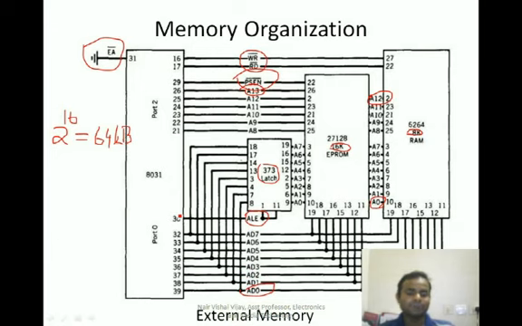Once you send the address lines to your memory, remember you need a 373 latch to demultiplex the lower order multiplexed address-data lines. And remember PSEN is a signal which you have to send to ROM, and write and read are signals which you need to send to RAM. So this is a very simple concept of how